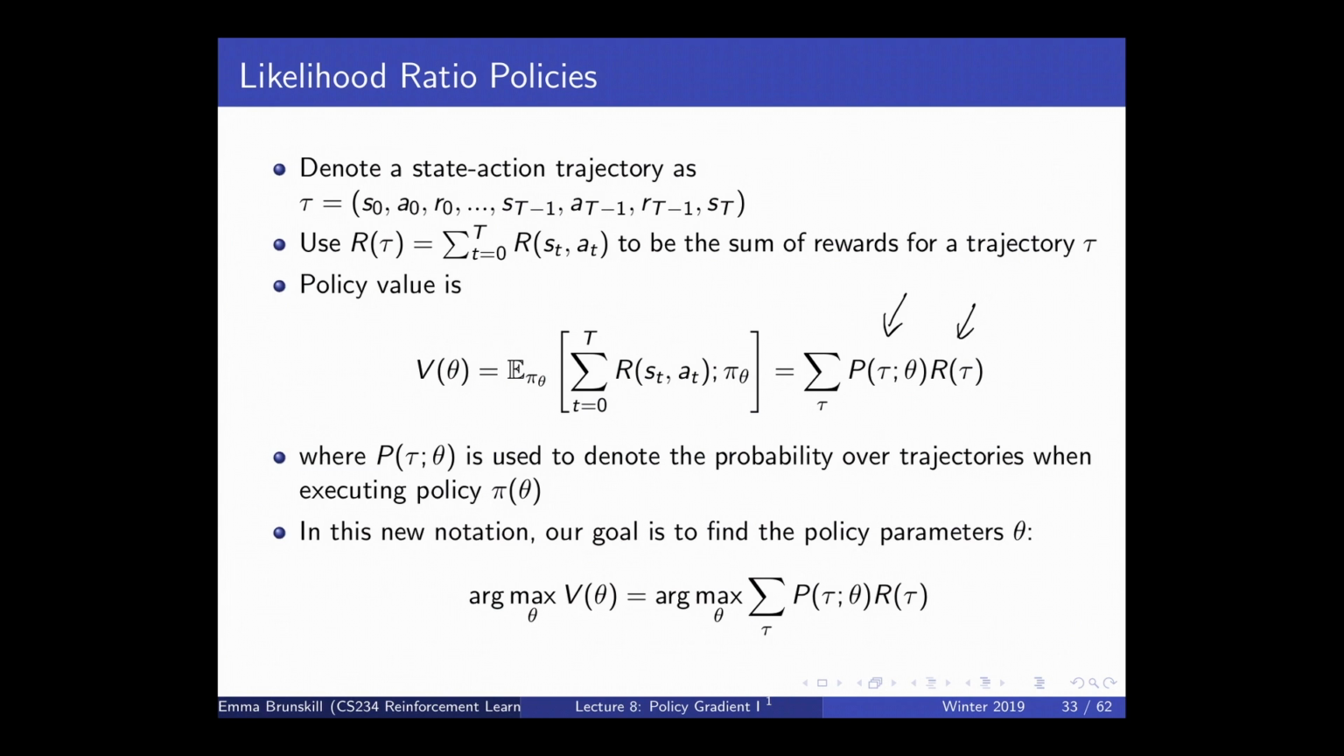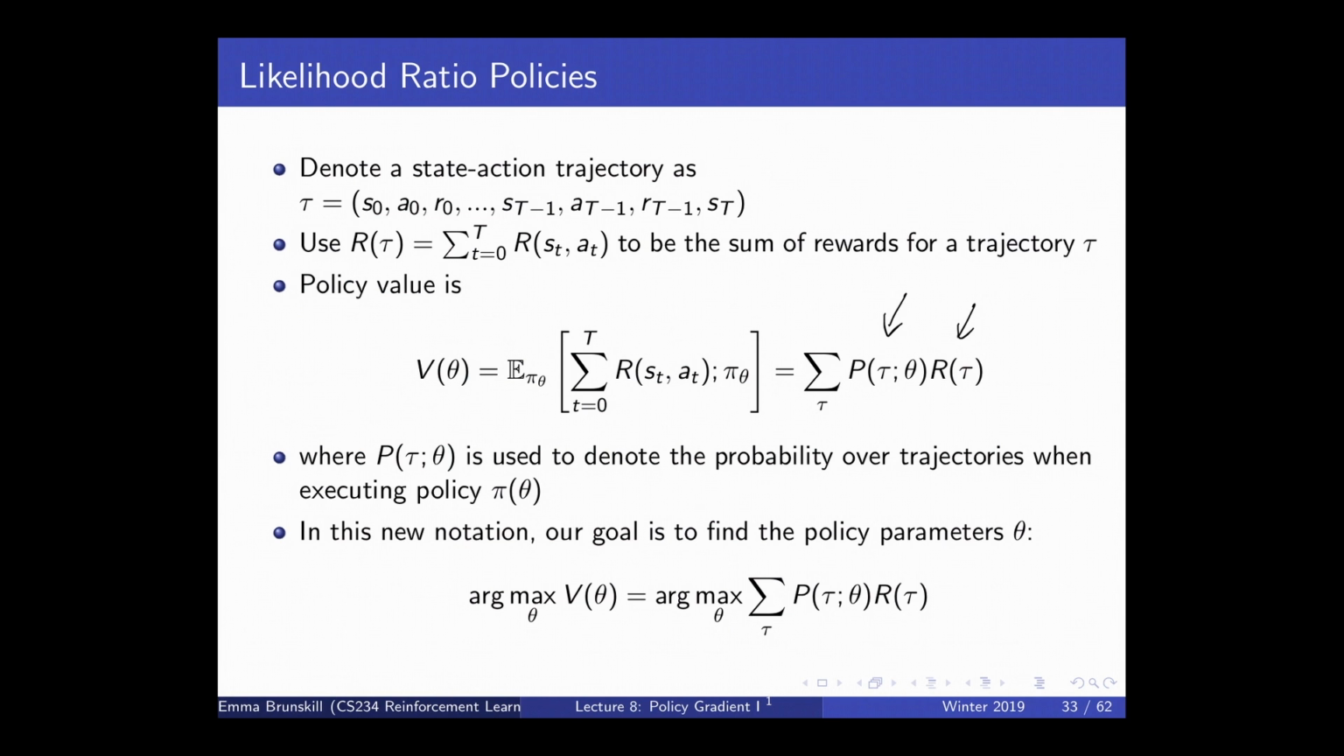So it just says, given this policy, what's the probability of seeing any trajectory, and then what would be the reward of that trajectory? Because the reward is just a deterministic function of the trajectory. Once you know the states, actions, rewards, etc., then your reward is just the sum of all of those. And now in this particular notation, our goal will be to find policy parameters theta, which are